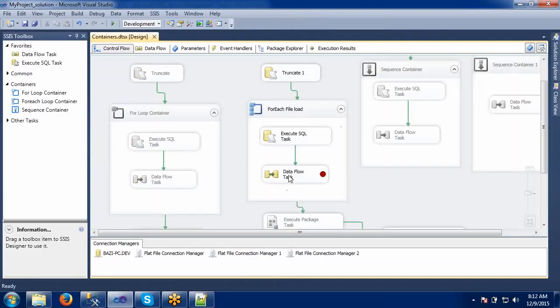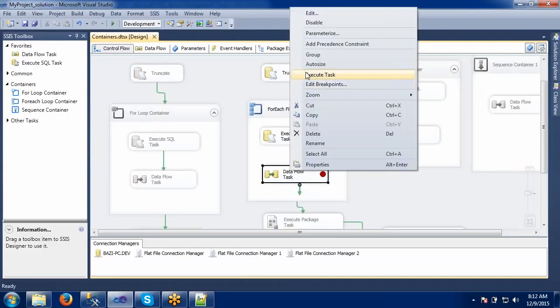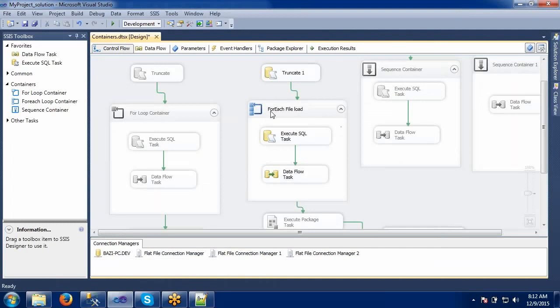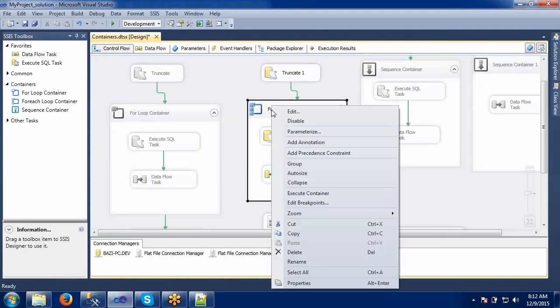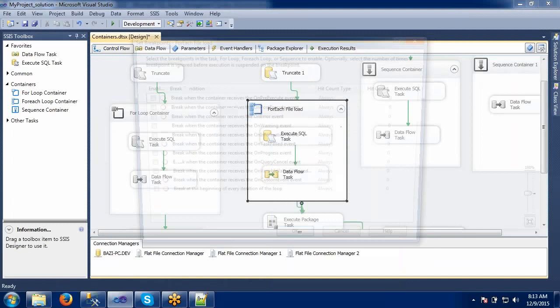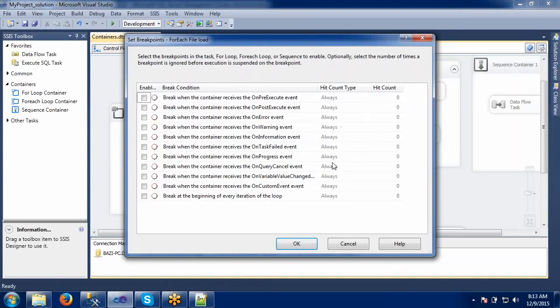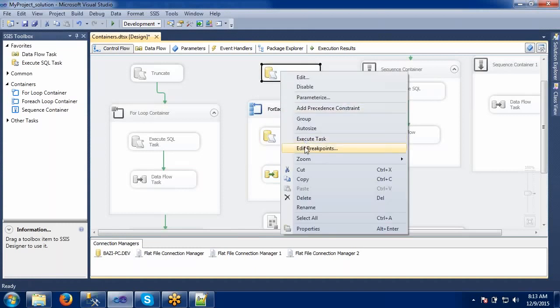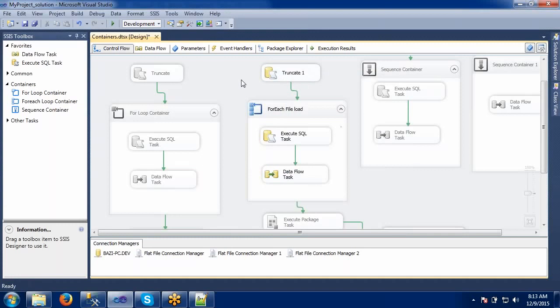So I have applied a breakpoint here. Go to this one, just untick it, click OK. And if you want, we can apply the breakpoints here also. Here we can apply the same thing. This window will be the same. Just as per our requirement, apply the breakpoints here. Whichever task you want to apply breakpoints to, you can directly apply them and execute, and we can see how the data is